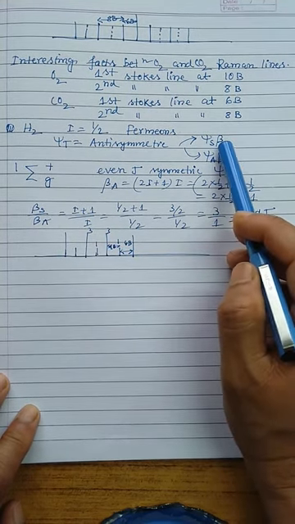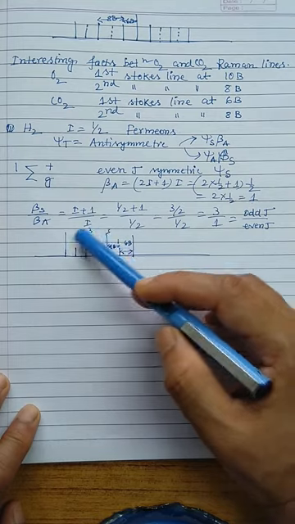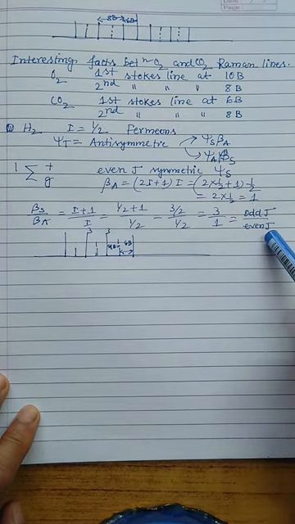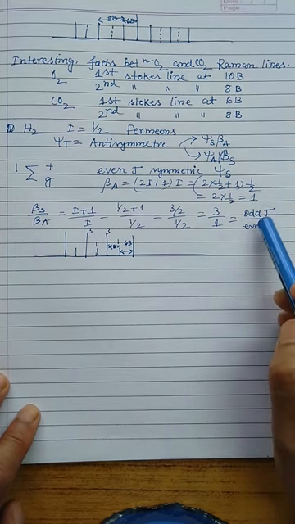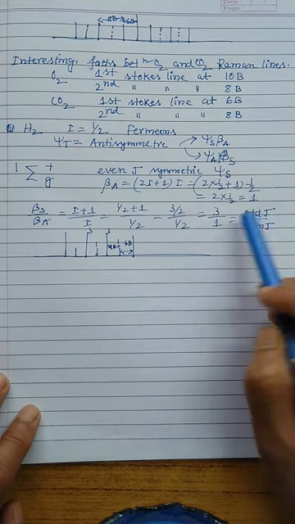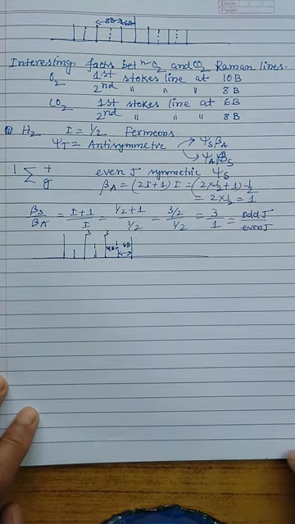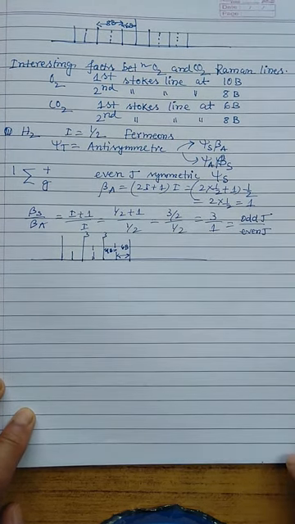And we know that beta A appears from the even j. So beta A corresponds to the even j, and the odd j corresponds to the symmetric function. So this is the odd j by even j ratio. It's 3 is to 1. That means the odd j lines are thrice the intensity of the even j lines.